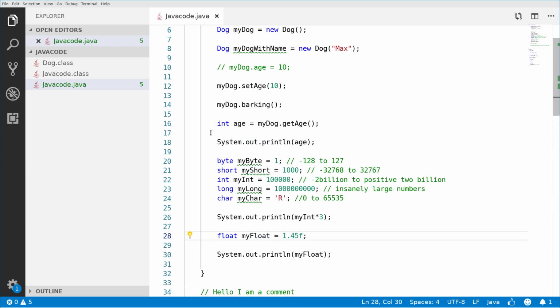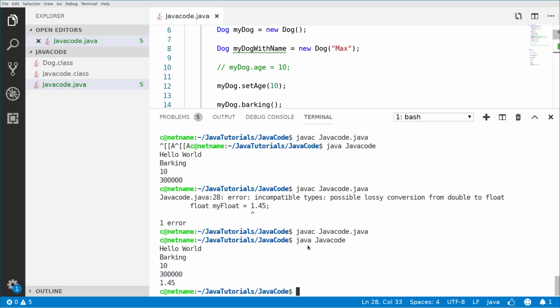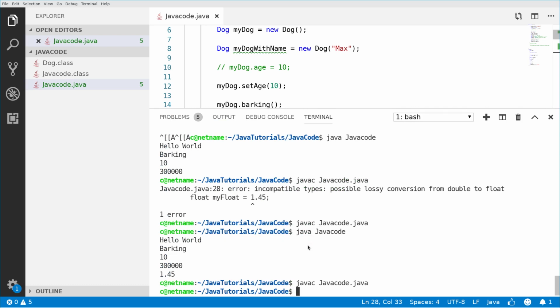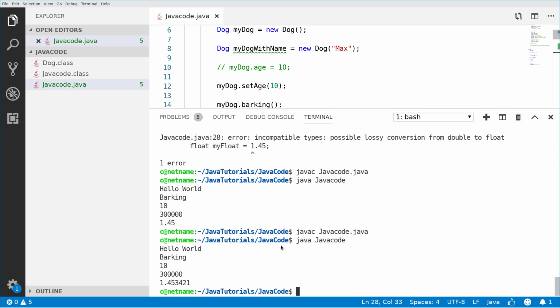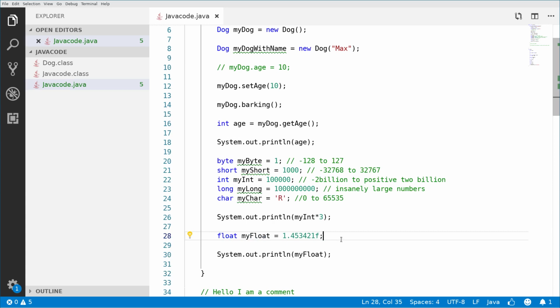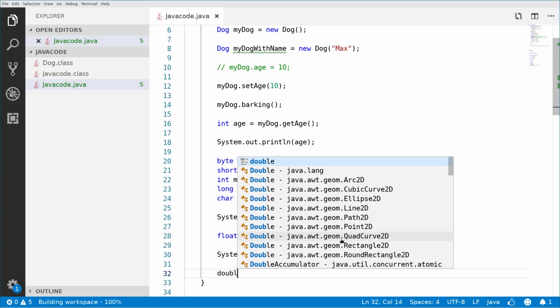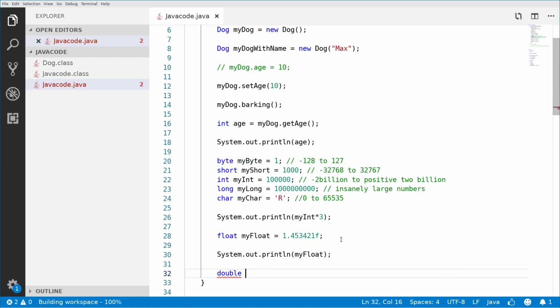So the previous ones were only for integers, and these ones are for floats. So the first float is this, which can hold about 6 possible decimal values. Okay, so if we add more decimal precision, we also have them here. But if we want something beyond that, we have to create a double, which is a double precision, right? So you're gonna say double my double, okay, and we will set this to